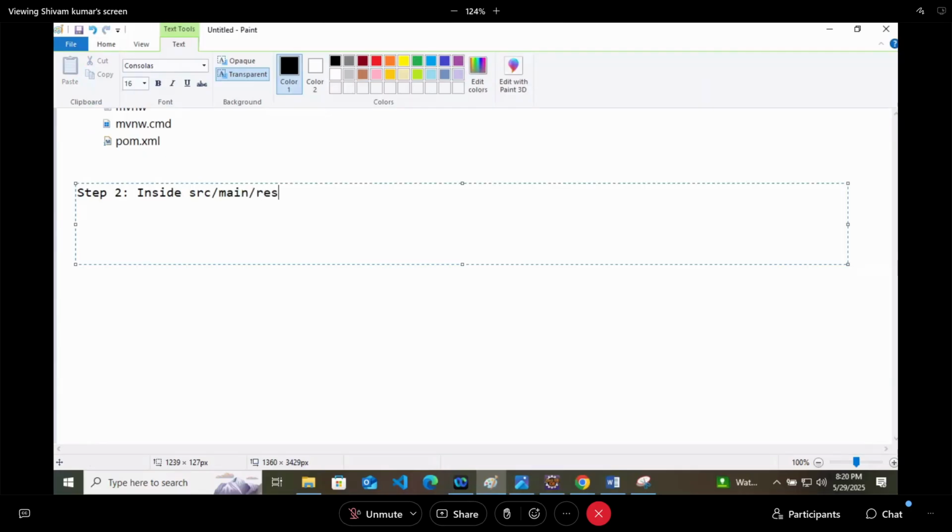The first folder is the static folder, where we keep all our static files like HTML or CSS files. And there will be one templates folder, where we keep all our dynamic files like JSP files.